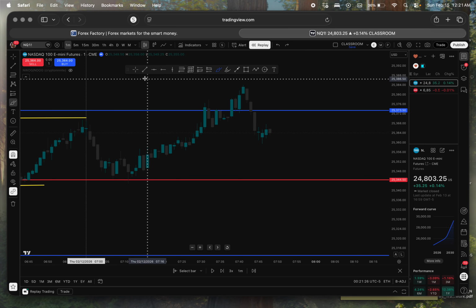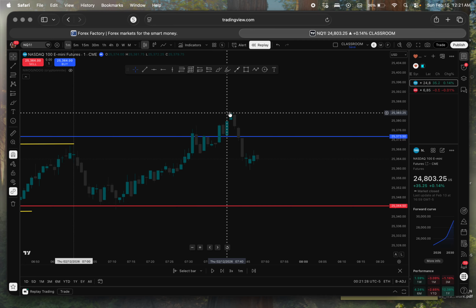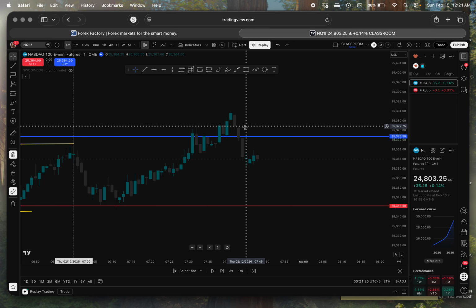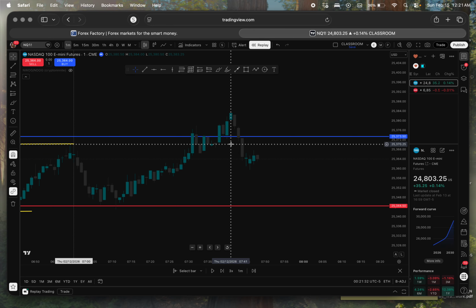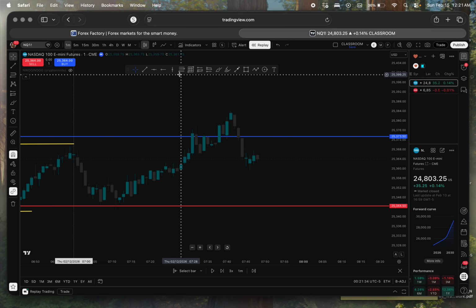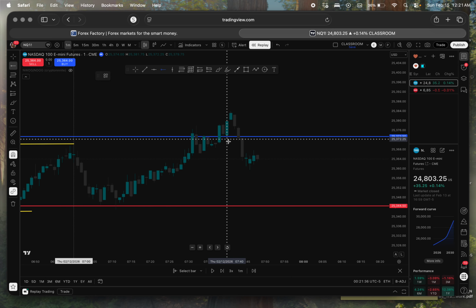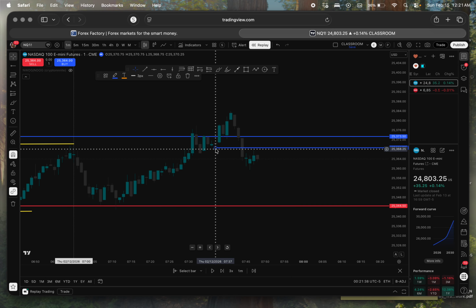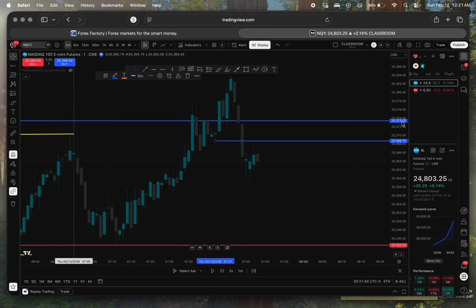Okay. So now we know we're in liquidity, at least we feel like we are. This is fine. Now we look for break of structure and fair value gap. So we can say this is a break of structure, kind of, sort of, or this is, it's not really evident, and it's hard sometimes to see